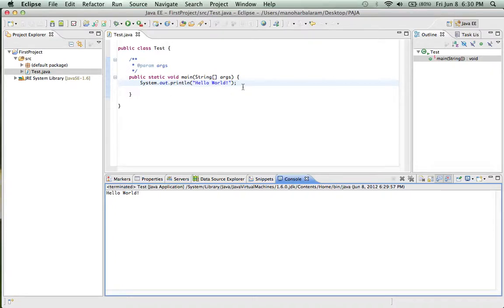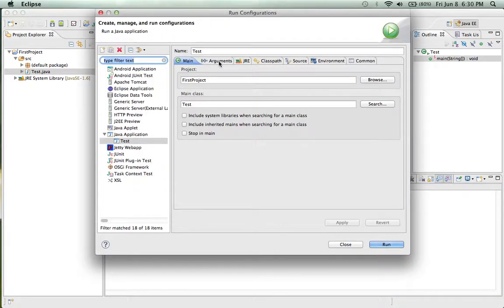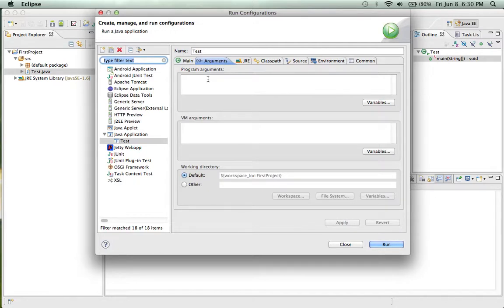One more thing which I said I'll be explaining is what this String args is. Main is accepting certain arguments, an array of strings. These are nothing but command line arguments which you can pass when you're running the program. One way to set the command line arguments is to go to Run Configurations, go to the Arguments tab, and here you have Program arguments. Here you can give as many string arguments as you want. So let me give hello world and say Apply